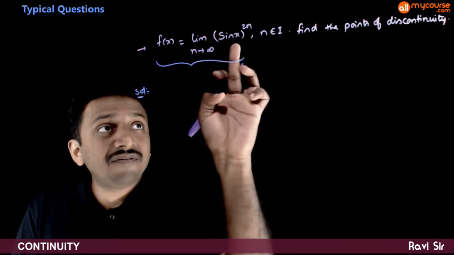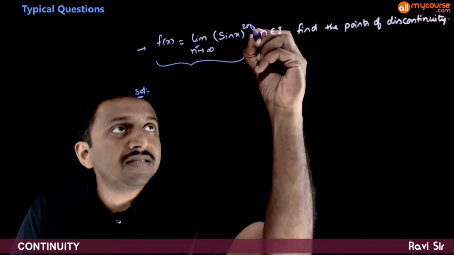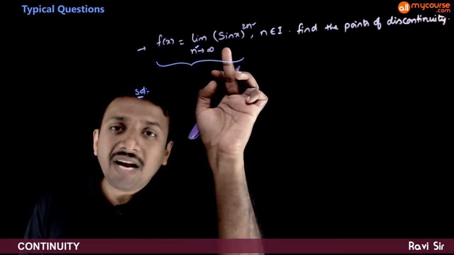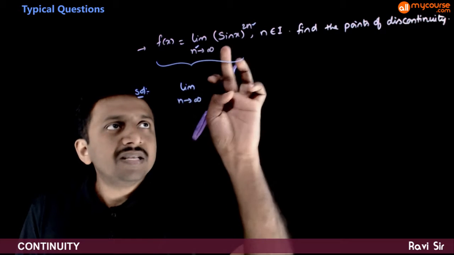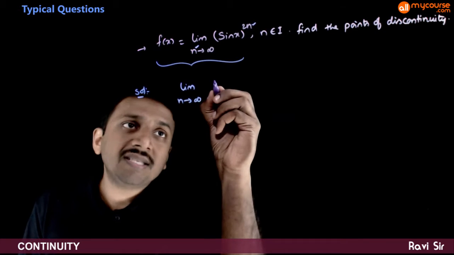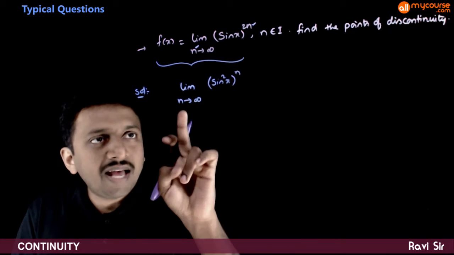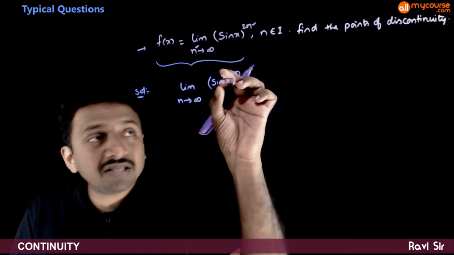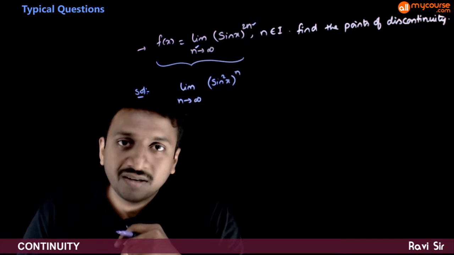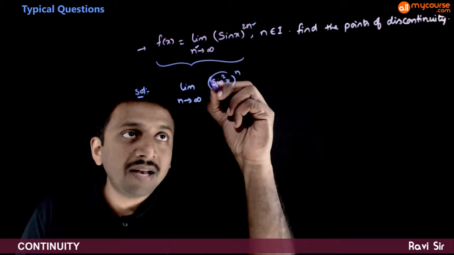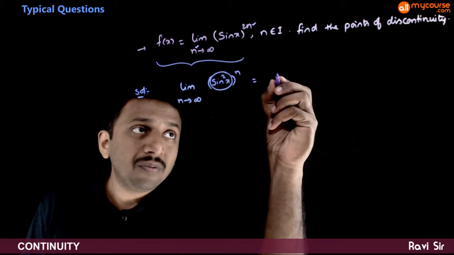First, here f of x is defined in terms of a limit, and the variable of the limit is n, and n is in the power. So let us try to analyze this limit. The limit as n tends to infinity of sin x power 2n is nothing but (sin square x) whole power n. As n tends to infinity, you have to raise sin square x to the power n. So for any number raised to power n, as n tends to infinity, the value depends on what the value of the base is. So this is equal to 0 if